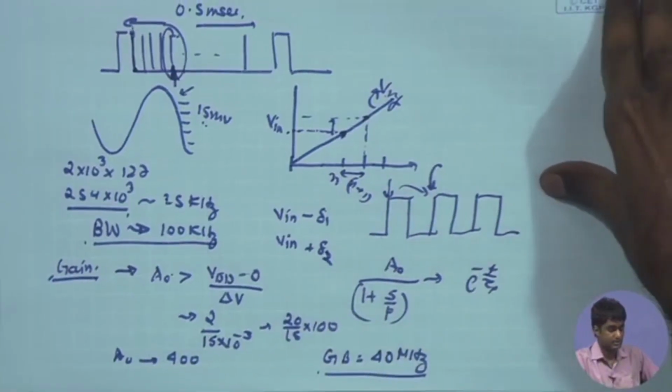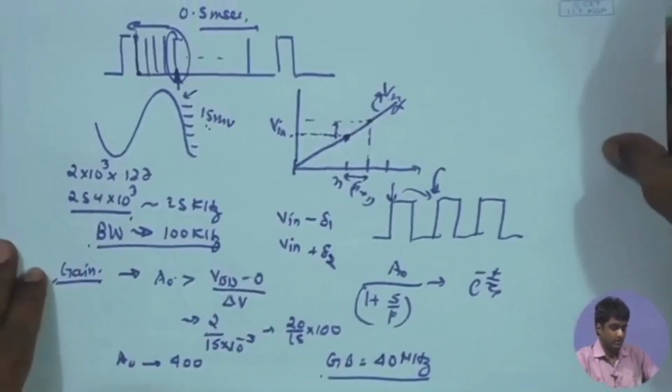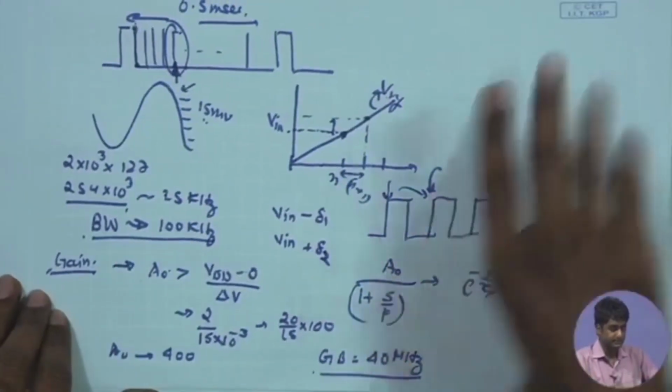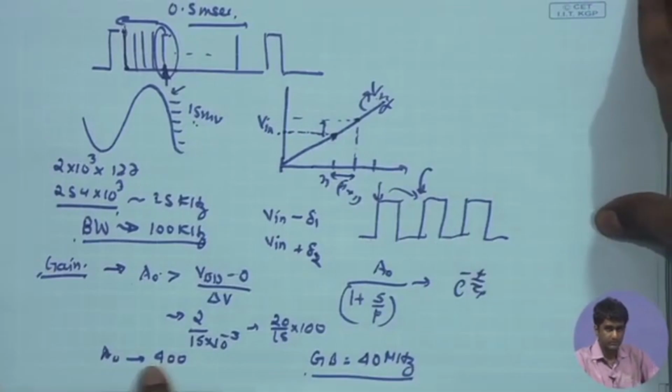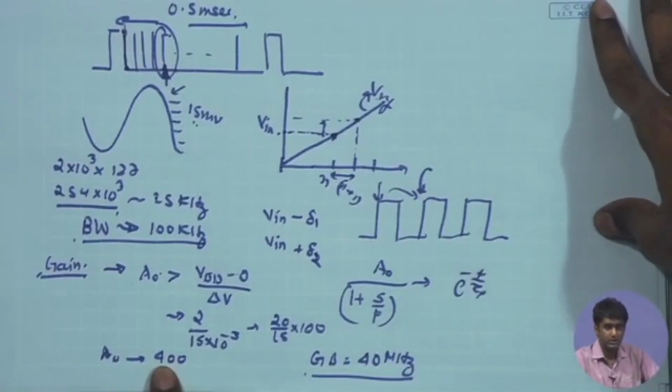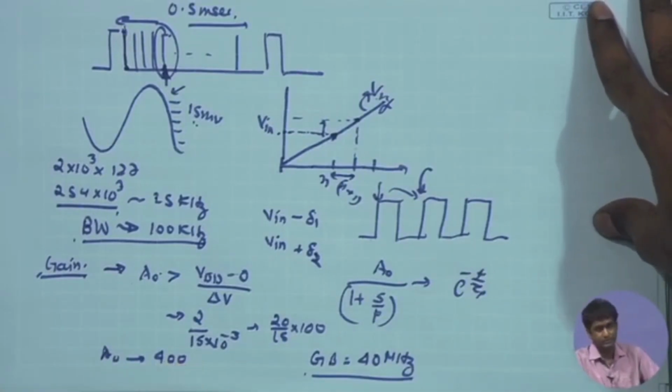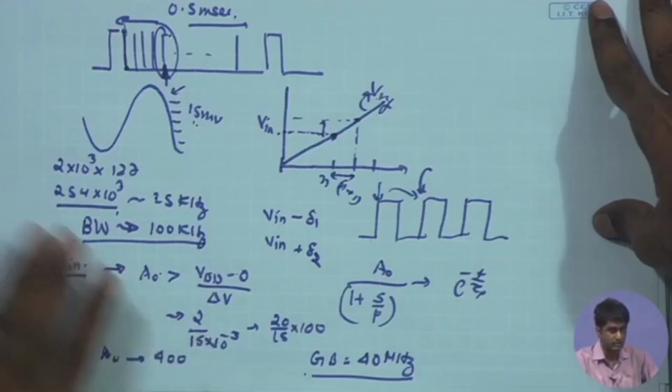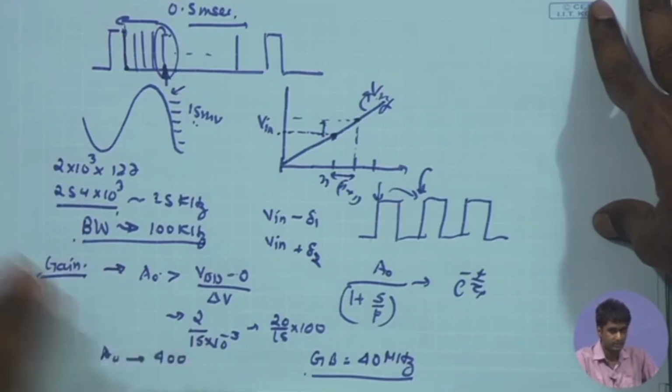So let us look at the comparator design which can meet these specs. The gain that we have over here, as we have mentioned, is not very significant. In the earlier designs you might have seen that a few hundreds of gain can be obtained from a single stage, so we may think that a single stage comparator may be able to do it, but let us look at the issues and try to understand why